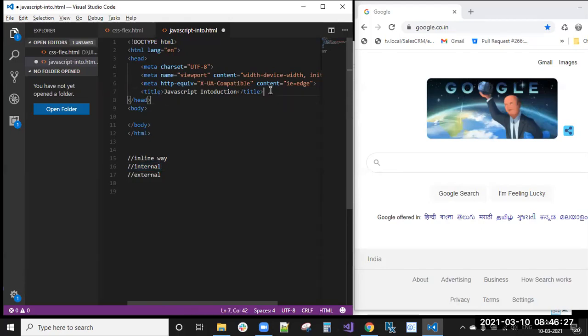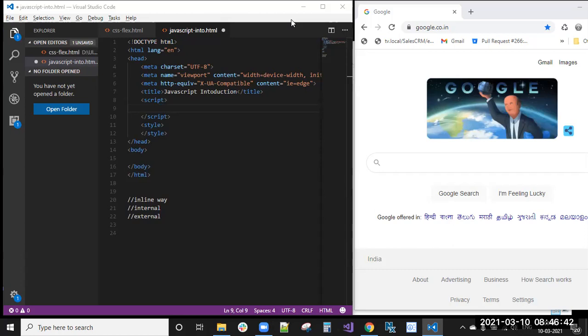In the internal way, in the head section, we will write a script tag. Just as we write a style tag, in a similar way we will write the script tag. So this is the internal way.